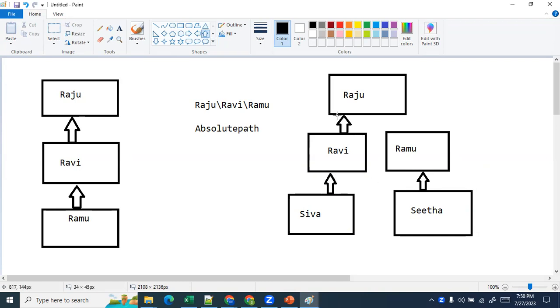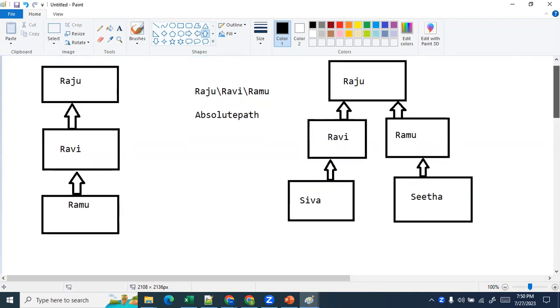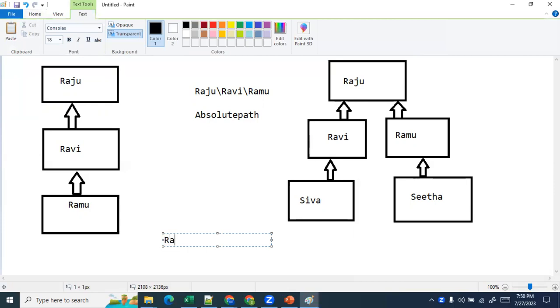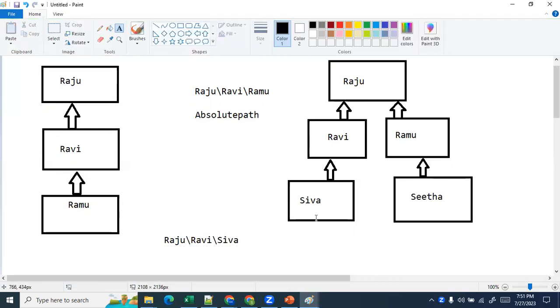Ravi is child of Raju. Ramu is child of Raju. So if I want to introduce Shiva, I will say Raju's son Ravi, son Shiva. Now if I want to refer Sita, I can come Raju's son Ramu, Ramu's daughter Sita. If I introduce like that,